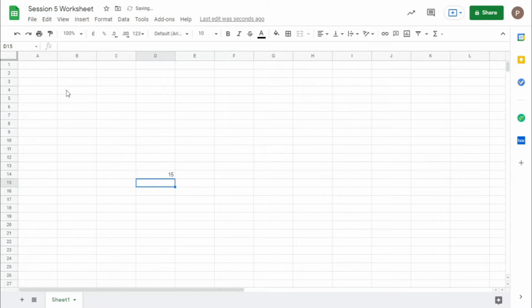To overcome this, we give references by filling the cells with 2, 3, 4, 5, and instead of values, you directly add the cells. Whatever value the cell contains, it will give you the sum. If you change some of it, then the sum changes.